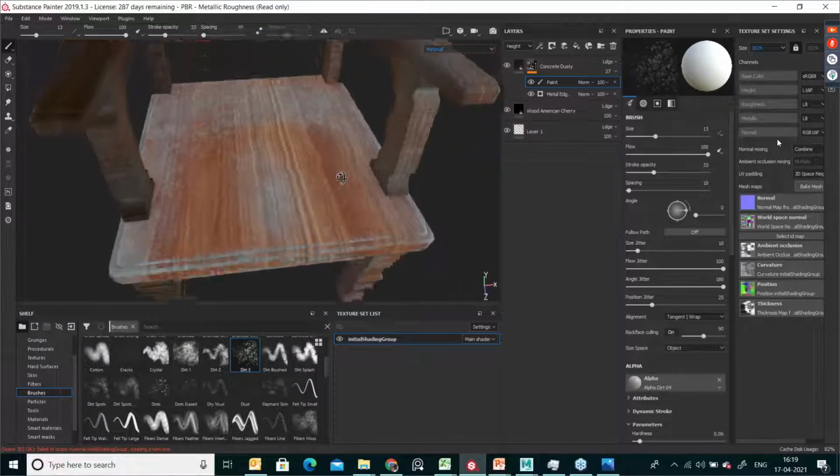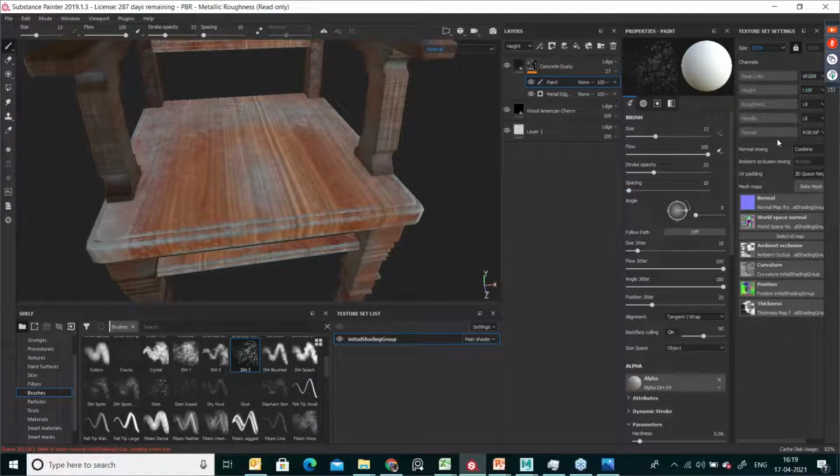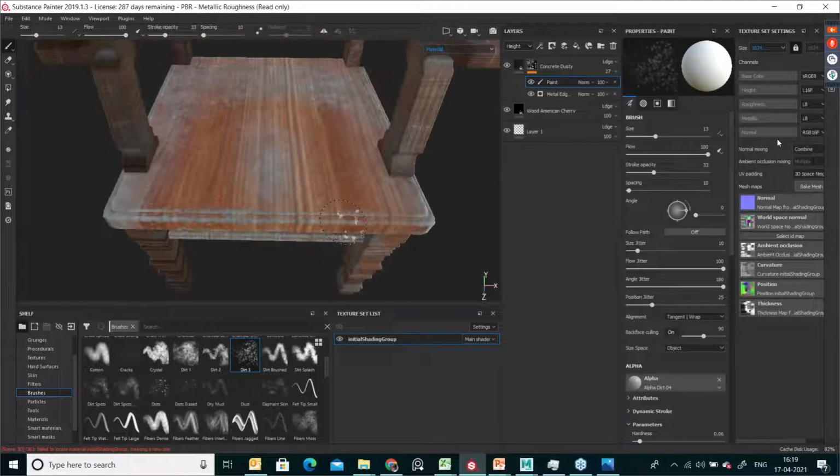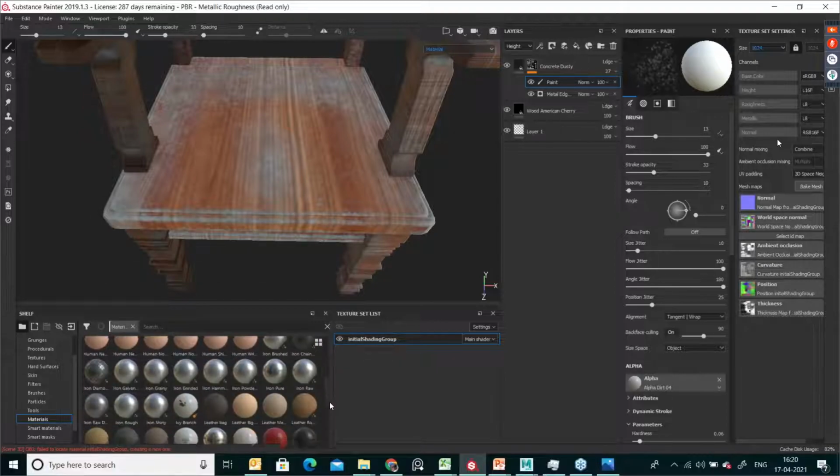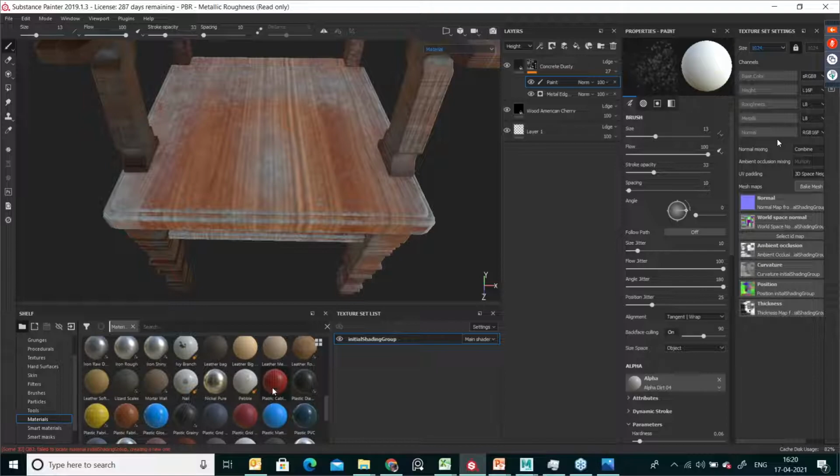Then one query is coming from Satyam Gupta: what is the difference between material and smart material? See, a material is one single material. You can just have a look. This is silver, aluminum, all are one single material. Cloth also, repeated patterns, everything will be a single material.